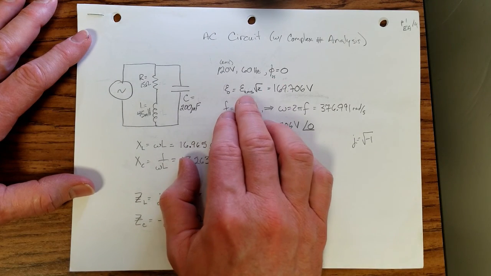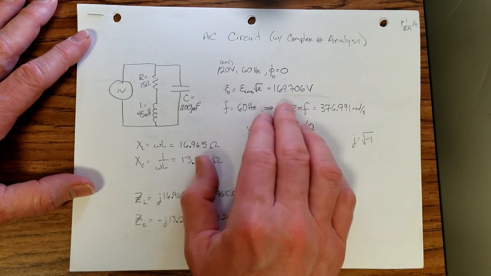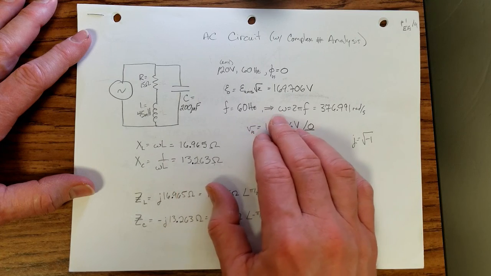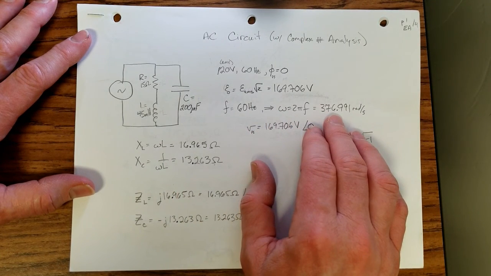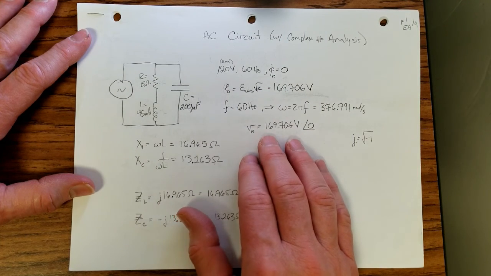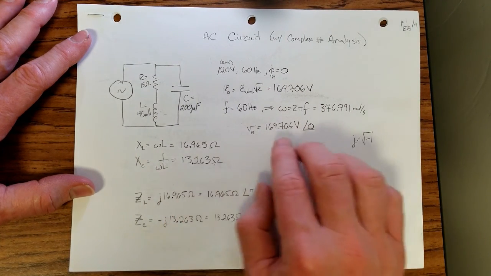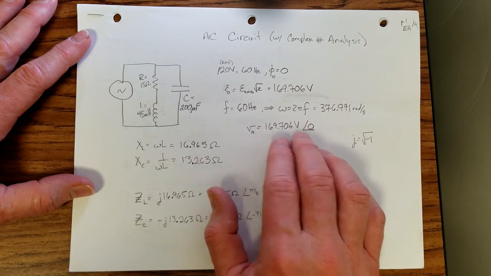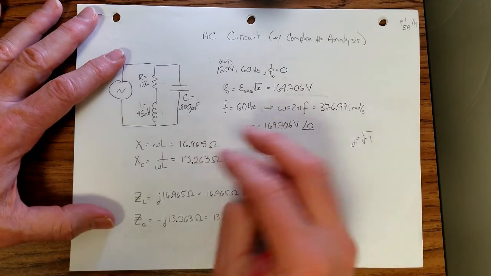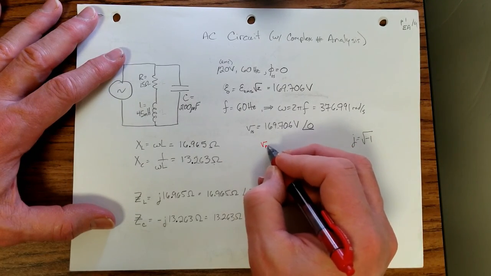From the RMS value, we get a maximum value of 169.706 volts. From the frequency of 60 hertz, we get an angular frequency of 376.991 radians per second. And so we can quickly establish what the instantaneous voltage of the power supply is. This notation here is basically the magnitude and the phase shift. There's an understanding that there's a much larger equation there that could be written as V_PS is equal to